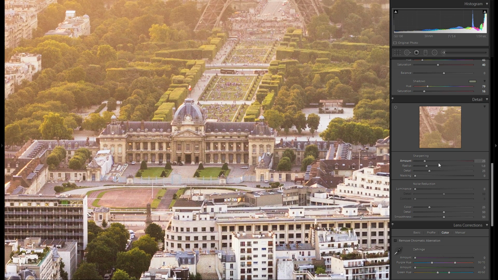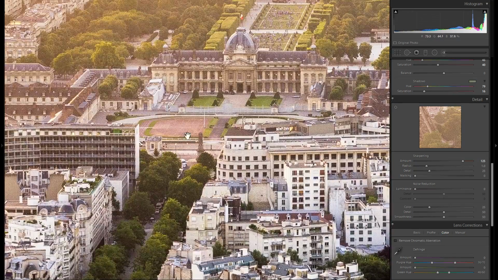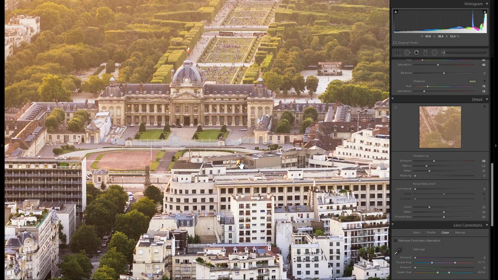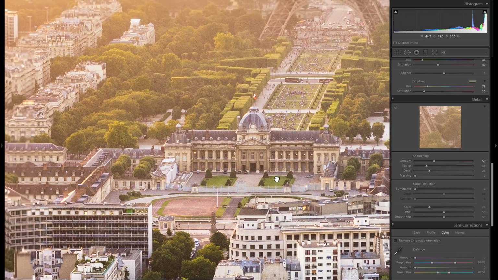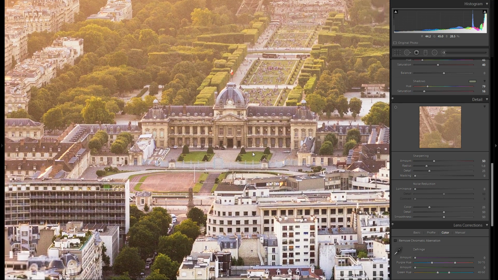But let's actually go into the sharpening here, and I really love sharpening. I would not suggest you add too much, otherwise, as you see here, it makes everything look over-sharpened and takes away the natural look. But if you just add a little bit of sharpening, that can help a lot of the time, and that's something I do in quite a lot of my pictures, just because it really gets even more detail out of your photo. Then once you've added a nice value, I think I'm going to go with around 40 here,